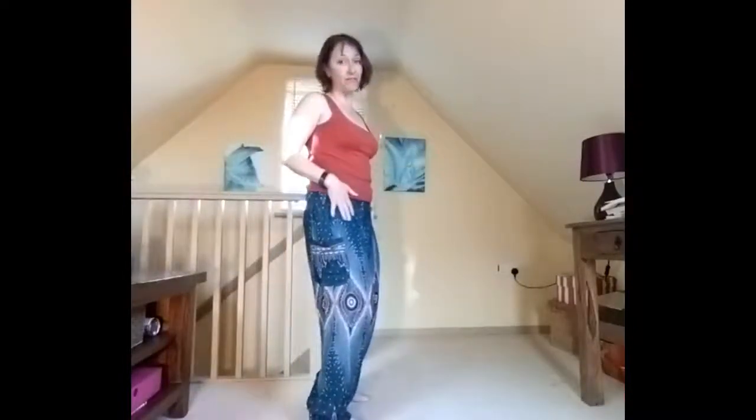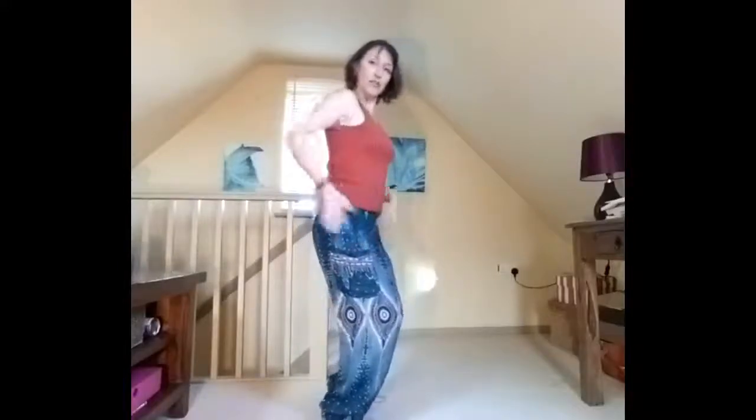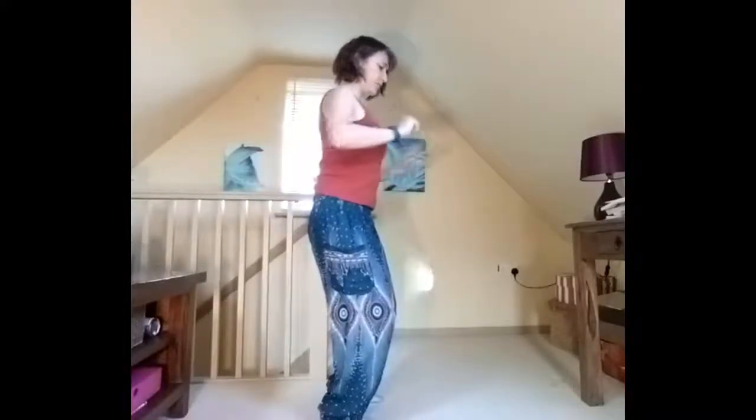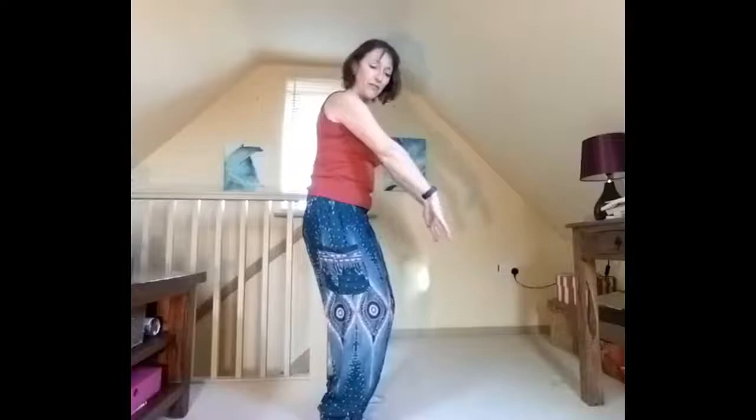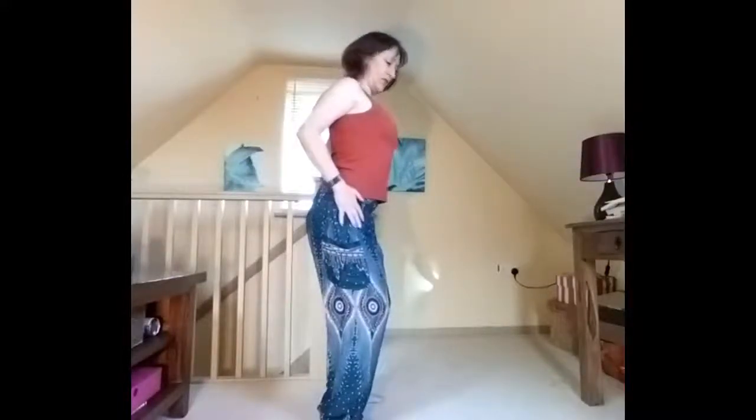This can be done quite comfortably seated as well. So if you're sitting down and you just want a quick spine stretch, this is the one to do. So sitting, tail tuck, we're going to do an in-breath. And with the in-breath, I find it helps to slide hands on knees. Bring your hands to your hips, pin those shoulders back and push your chest upwards as you look up your nose. And on an exhale, you're going to tuck the chin, crunch the belly in, and then round the shoulders,